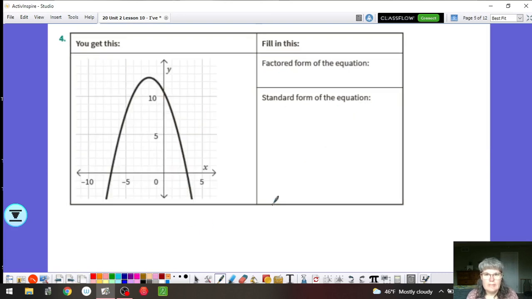Example 4 is asking for the factored form. Factored form identifies the x-intercepts. So I want to first identify my x-intercepts. We have one at the point -7, 0, and we have another at the point 3, 0. We also want to look for that A value. So if I find my vertex